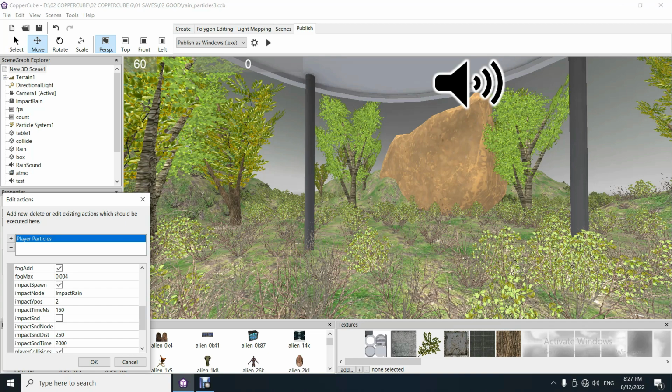So this one's got impact rain spawn, like a little particle effect. This tells you the height to adjust, if it's a bit high or too low, and how long to play it for. It's got an impact sound. You can play impact sounds as well if you want. I'll change that later on a different one, but for now it's got player particle collisions, and that is based